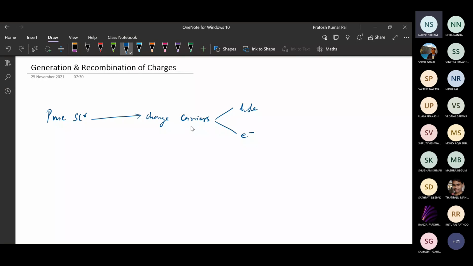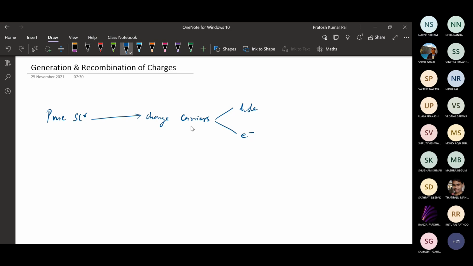If an extrinsic semiconductor is there, the charge carriers will be mostly electrons if it is n type, and if it is p type, the charge carriers will be mostly holes. But in pure semiconductor, both will be considered as equal amounts, and that will be contributing to the conduction if